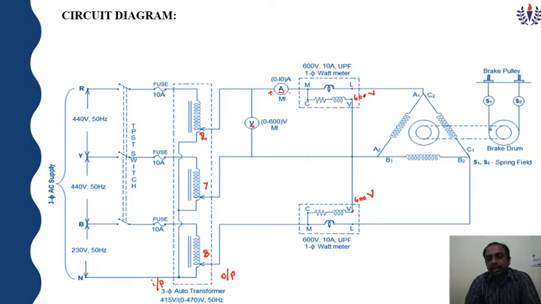Then there is a brake drum, S1 and S2. We apply the brake drum through a brake pulley to be rotated in the clockwise direction. This brake drum will be connected with a belt, and this belt will be connected on the shaft of the motor. S1 and S2 are the spring balances. Here we have to measure how many kgs the weights S1 and S2 show.